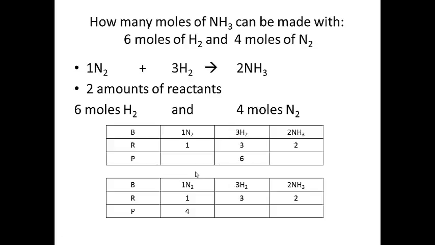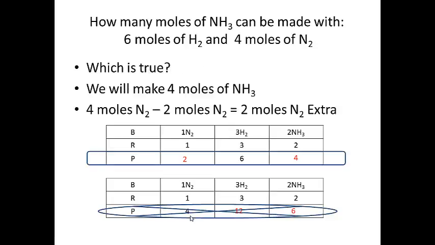So let's try another one. How many moles of ammonia can be made with 6 moles of hydrogen and 4 moles of nitrogen? Now, we know that it's going to be a BRP problem, a 2-1, because we have 2 separate amounts. We have 6 moles of hydrogen and 4 moles of nitrogen. So I'm going to do one with 6 moles of hydrogen and one with 4 moles of nitrogen. And I keep my ratio. My first one on the top, I have 2, 6, 4. My bottom one, I have 4, 12, 6. One of these is true. And it's, again, the top one. So I am only going to make 4 moles of ammonia